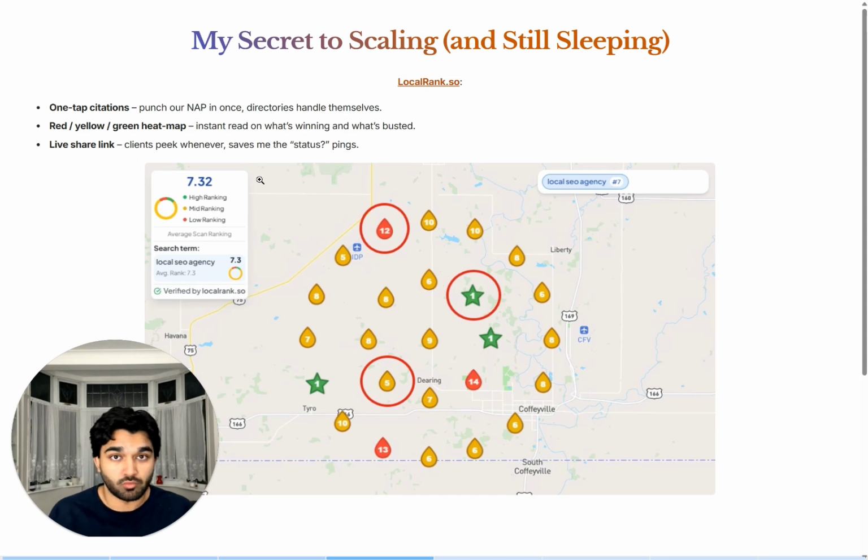So what you could do with local rank is you can do a scan before you jump on the sales call, and then you show the scan to them, and then you can say to them, hey there, I've identified these issues with your business. This is what we can do, so on and so forth. If you sign with me, if you work with me as a client, you're going to be getting these consistent scans and these consistent reports on a daily or a weekly basis, right? If you say stuff like that, clients are more likely to trust you and they're more likely to close with